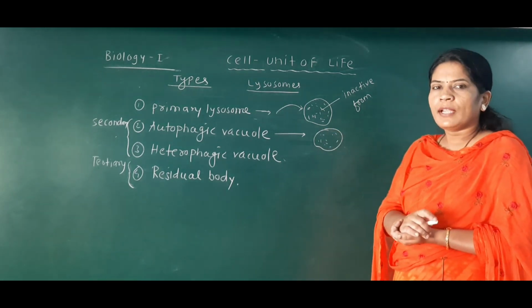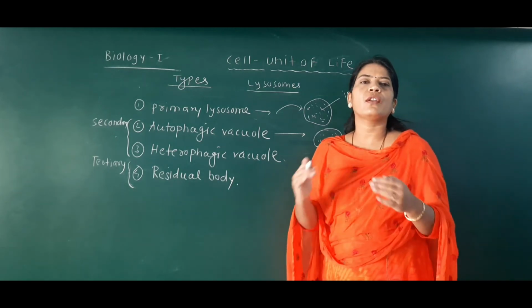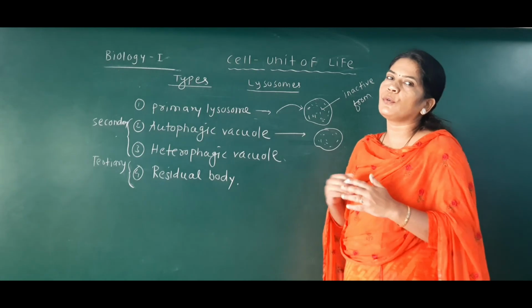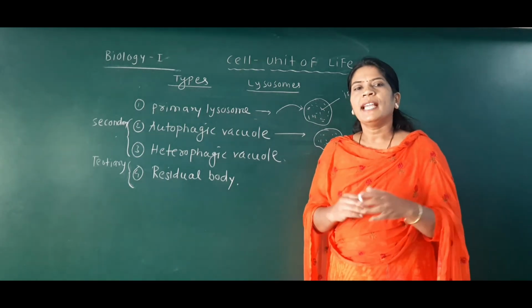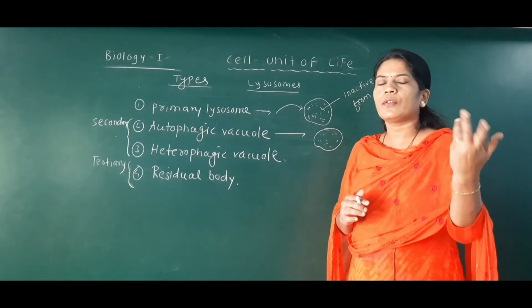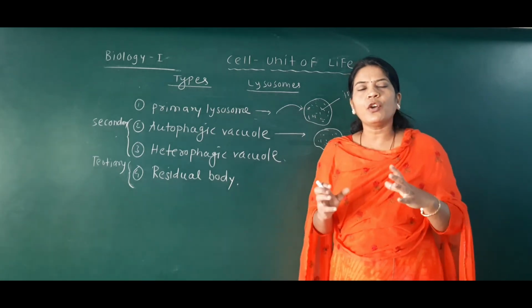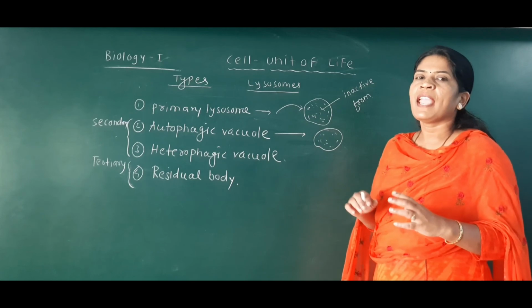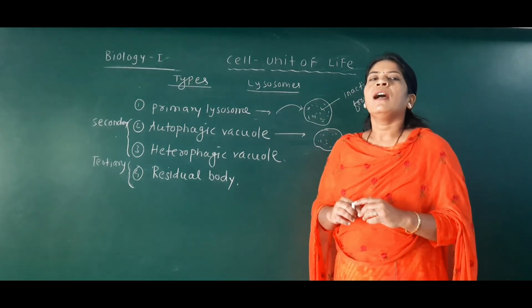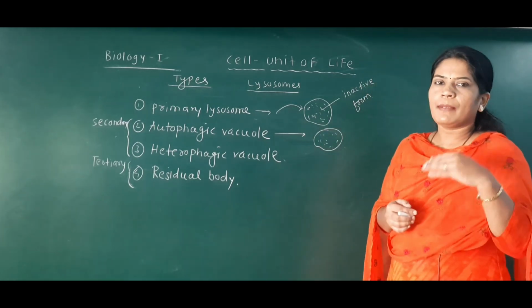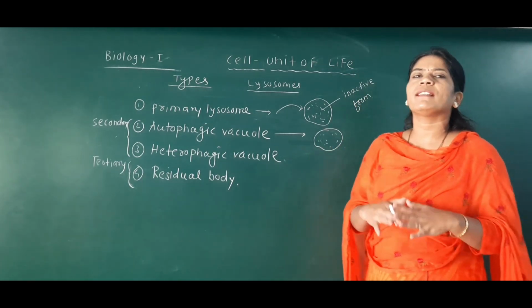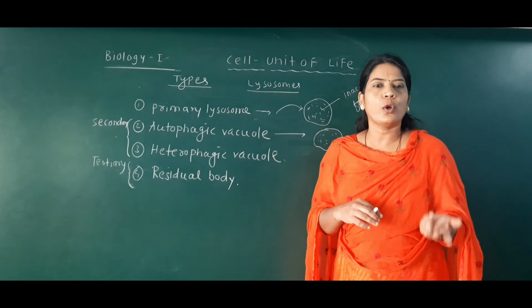Okay, it is present in a cell because it is one of the important cell organelles in the eukaryotic cell that we are going to discuss here. In any eukaryotic cell, maybe a plant cell or an animal cell, in the cytoplasm there is a cell organelle which we call a lysosome. If any cell organelle, maybe endoplasmic reticulum, chloroplast, mitochondria, Golgi complex, becomes old,